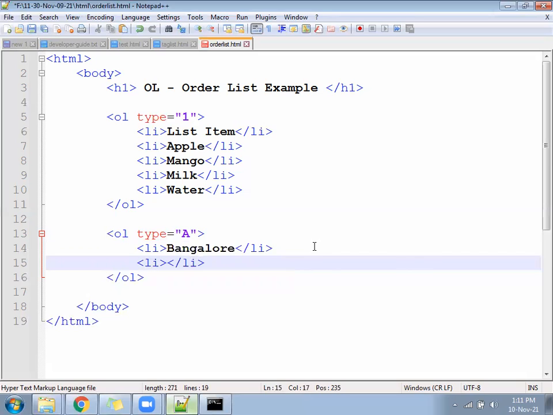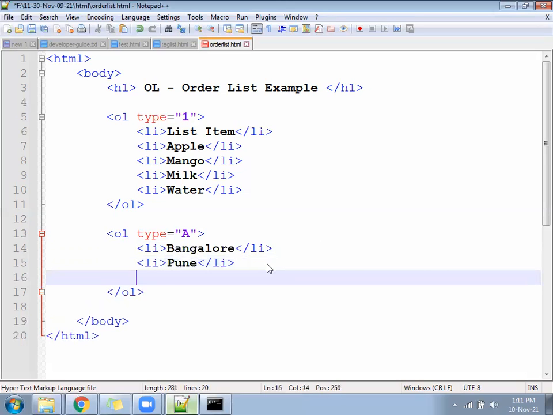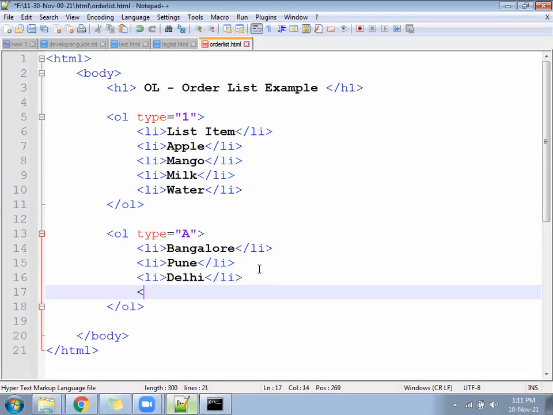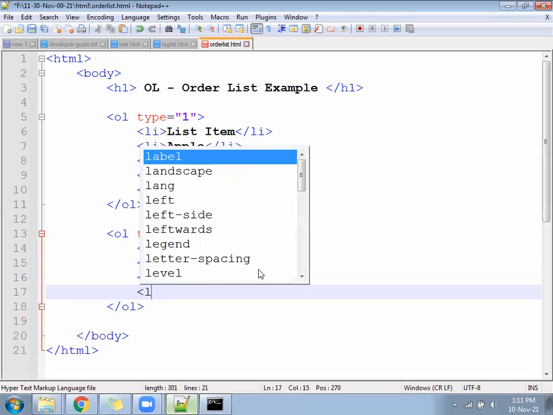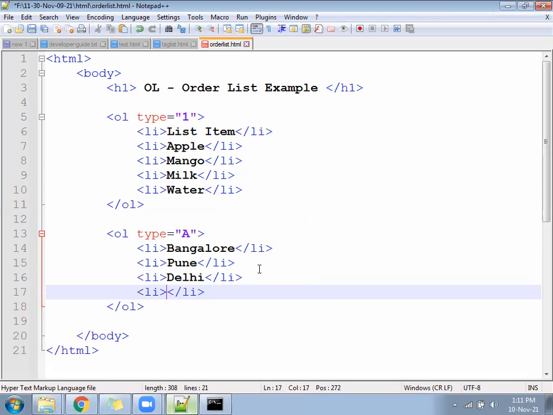So once we specify the type, it will follow the type. It will come in the same format. If you have given 1, it will come as 1 to 3. If you have given a small a, it will come as small a, b, c, d. Save now.